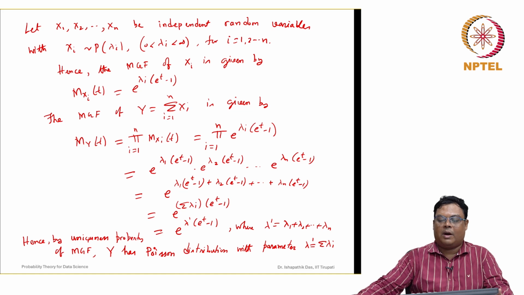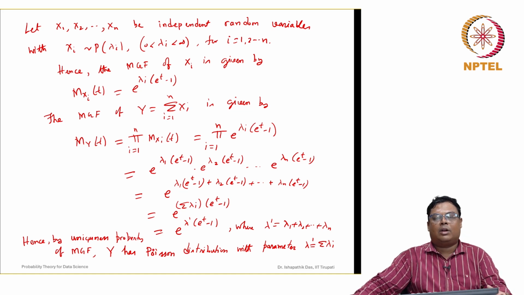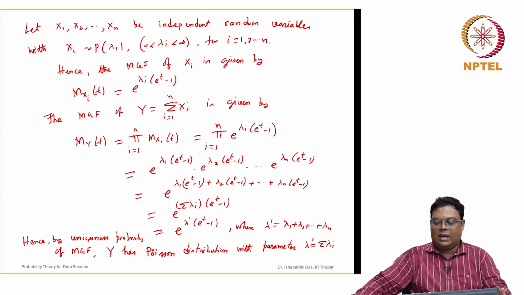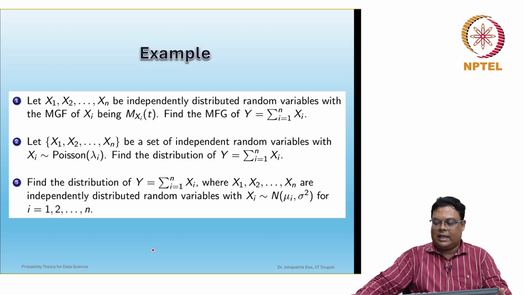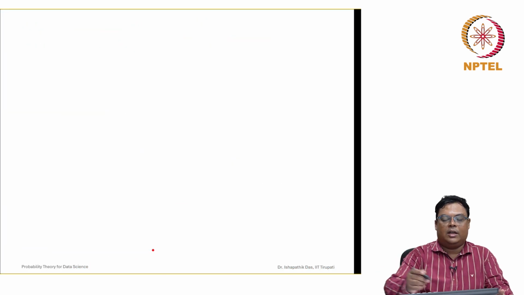So what we found is that X1 has Poisson distribution with parameter lambda 1 and X2 has Poisson distribution with parameter lambda 2. We showed that X1 plus X2 has Poisson distribution with parameter lambda 1 plus lambda 2, directly by finding the probability mass function. Here for the general case, whenever you consider X1, X2, Xn independent random variables with Poisson distributions, what we found is that